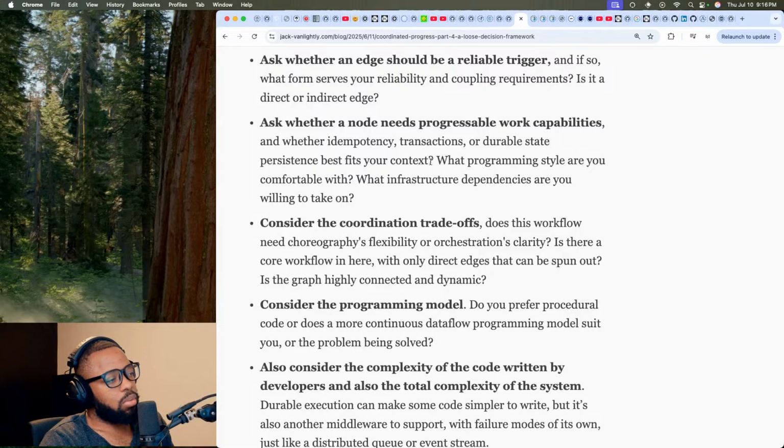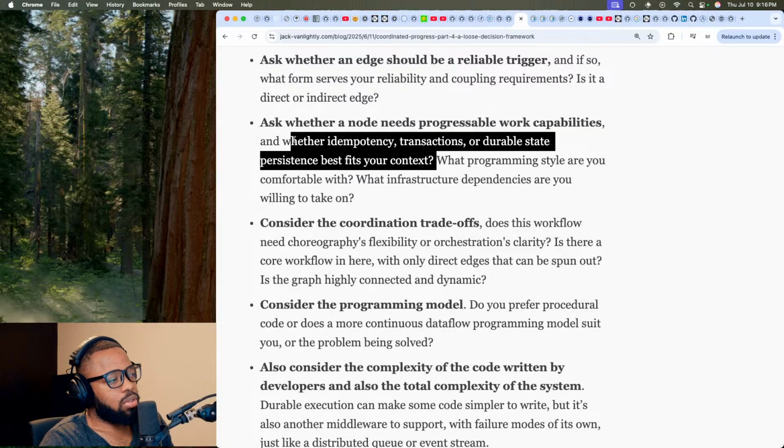Actually, that's a really good question to ask, because you may not necessarily need all the overhead. If it fails, it fails.